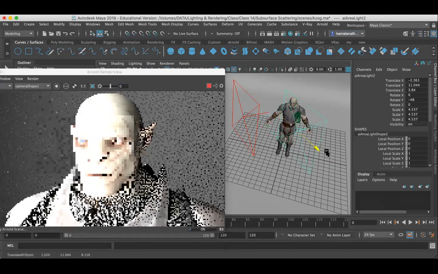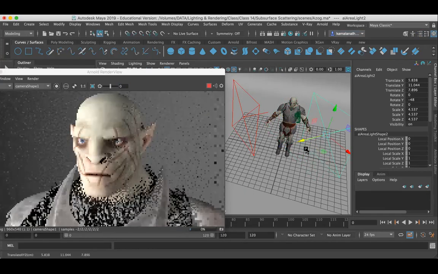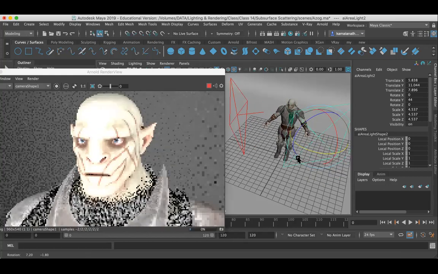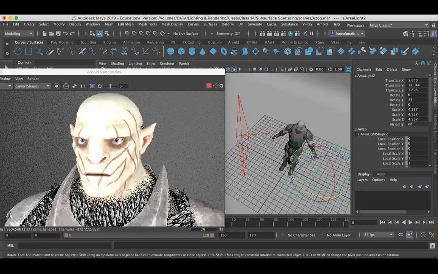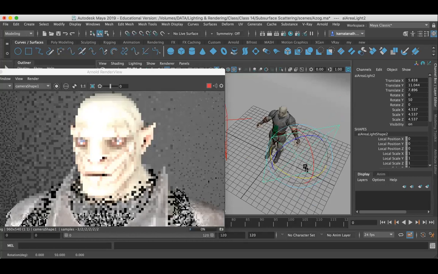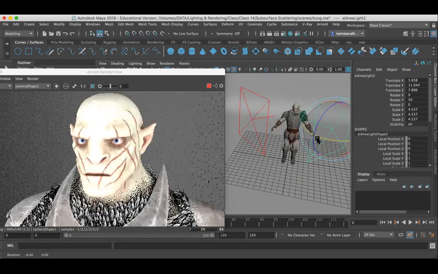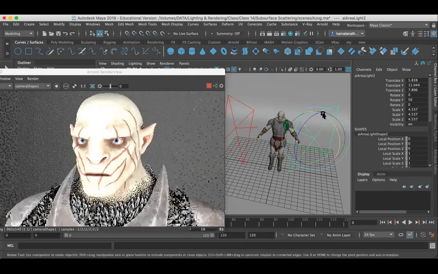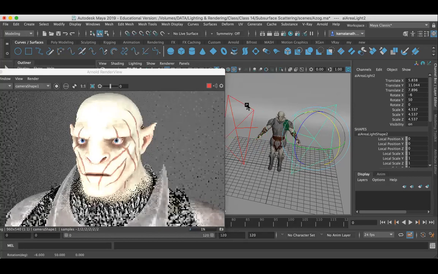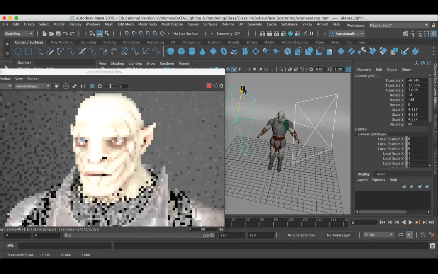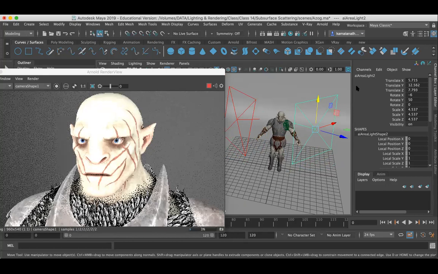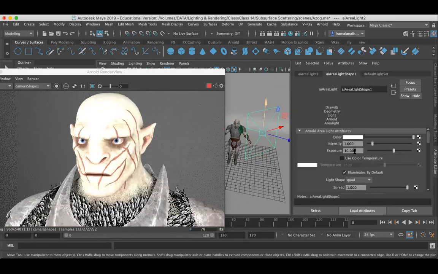I want to select this right side light, the second area light, and change the exposure to 6 or 7.